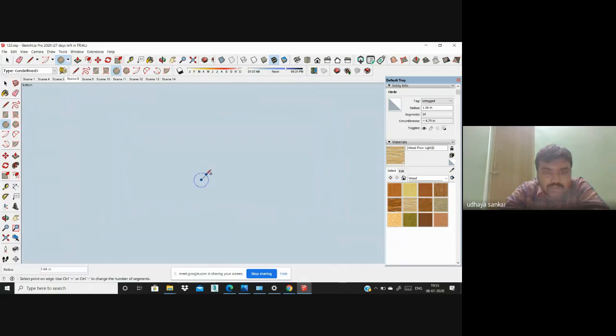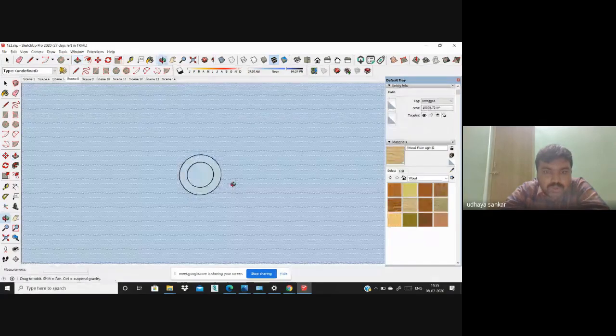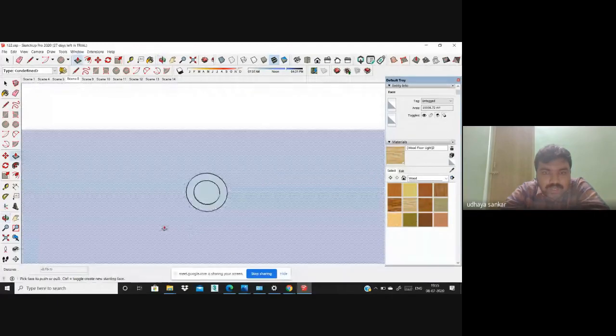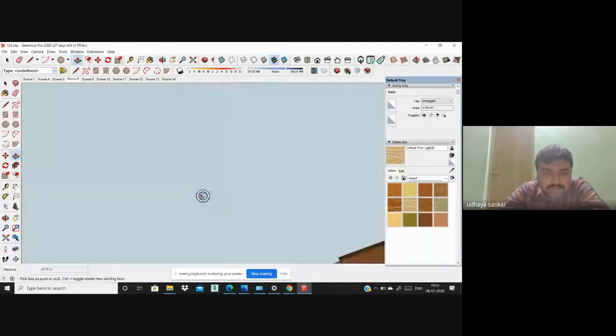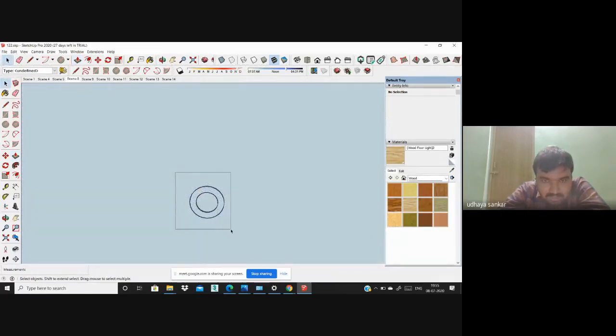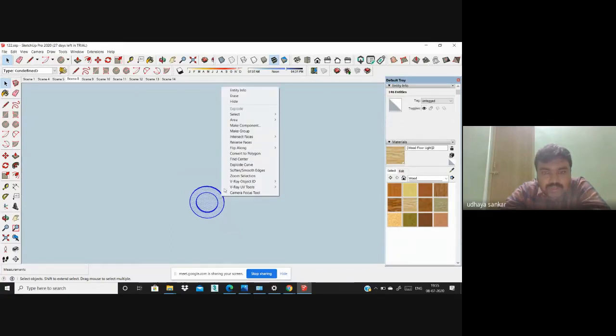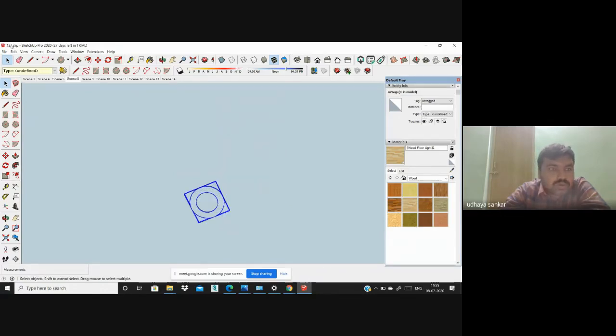Okay, fine, I will draw this portion. I draw another circle, then use Push/Pull. Pull it and put it in certain positions. Then select this light only, right-click on the mouse, and click Make Group. Then go to Edit, Copy, Edit,